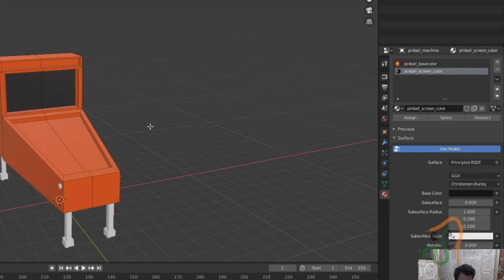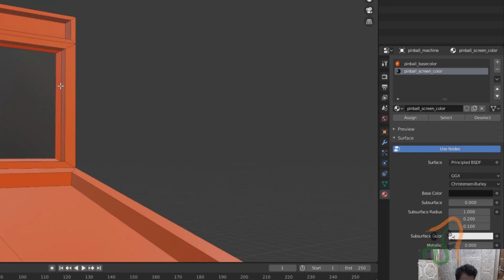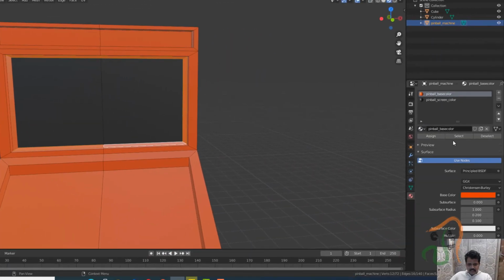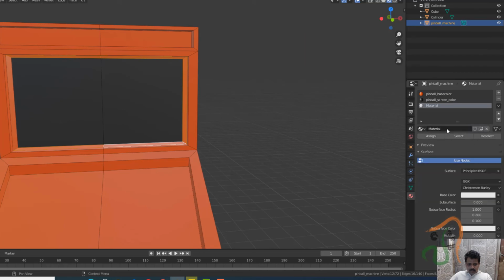So this is assigned with a dark gray color, and then if required let us select these edges here. Okay, so select all these edges, and selecting these edges now create a new material and call this pinball screen edge underscore color.